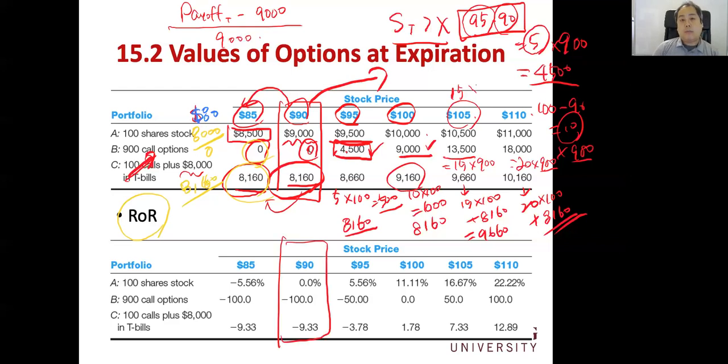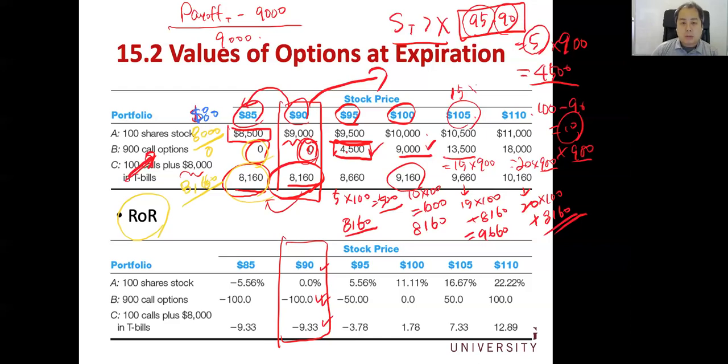If the prices remain the same, you have 9,000, still 9,000, so 0% returns. But for the option you lose everything because you don't generate any cash flow from the option investment, so $0. You lose 100%, and you lose 9.33% for C, the call plus T-bill, which means that you